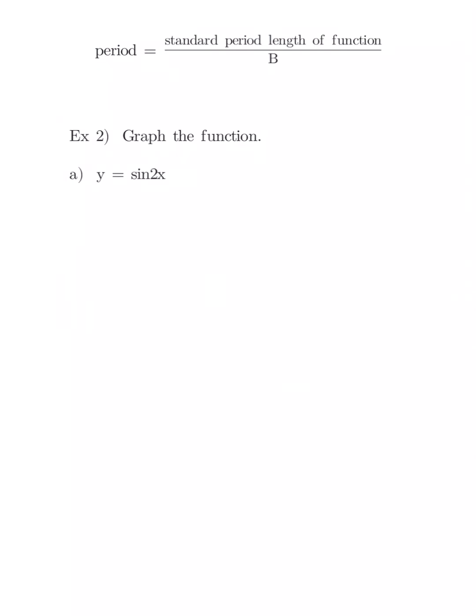Our first example for how we change period length is the function y equals the sine of 2x. What you need to notice here is that the 2, what's right in front of the x, is b. So now, in order to find the period length,